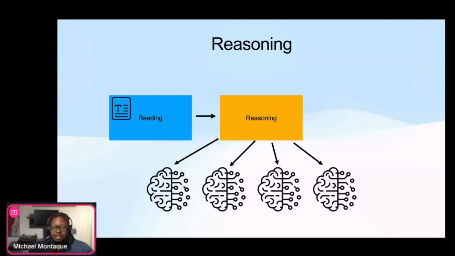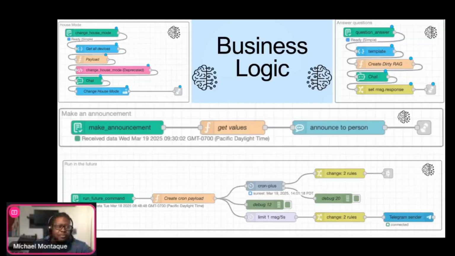But the reasoning phase, once the command comes out of the reading phase, so remember, reading is going to output some kind of text command. The reasoning phase is responsible for finding the automation that would best deal with whatever's been asked for. And these down here, as you see, is basically pointing to a bunch of different business logic. And business logic is nothing more than just automations. You would have an automation that is dedicated for, let's say, dealing with changing the lights, maybe one that's for making announcements, whatever it may be. The idea is that these automations are kept as dry as possible. They do one thing and one thing very well, and they're very simple.